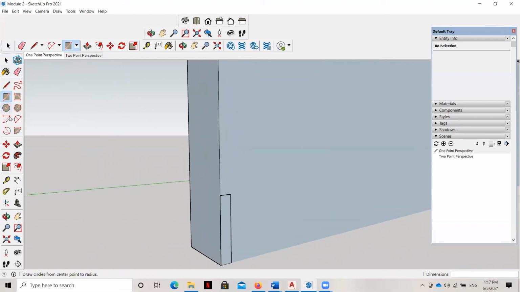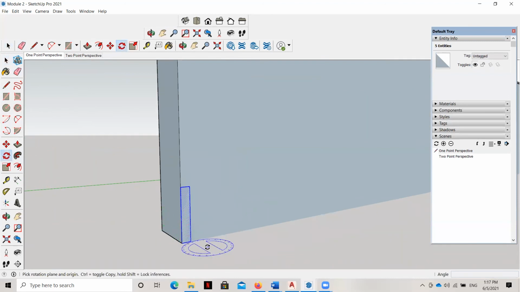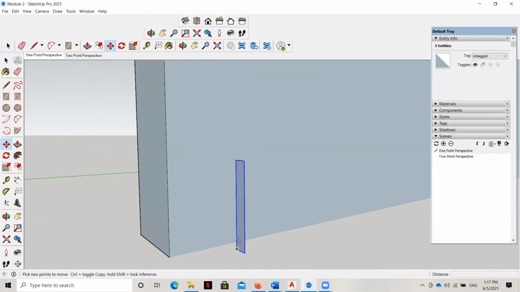Okay, and then let me go ahead and grab that face again. Let's see if I can rotate it this way. There we go, 90 degrees out. Perfect. All right, and then we're going to move it to that front corner.